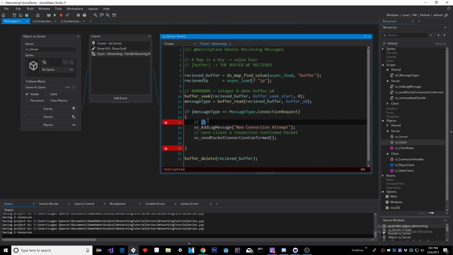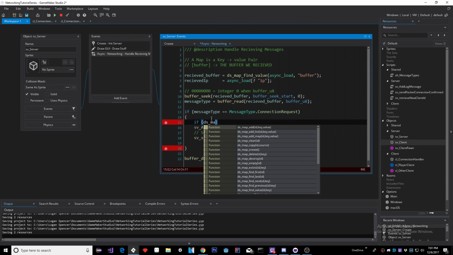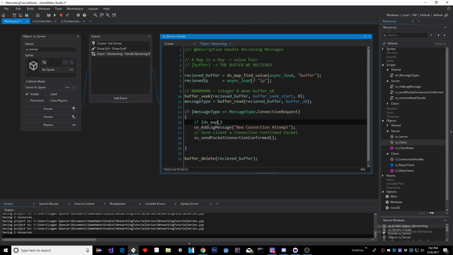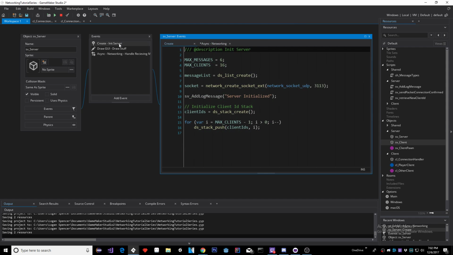So this is going to be some kind of structure. What we're going to say is if ds map, I keep doing this, I keep writing these functions before we even create the data structure. So keep this in mind. We're going to go create our data structure for this first. Let's go to our create event, and where do we want this? Up here. We're going to say connected clients